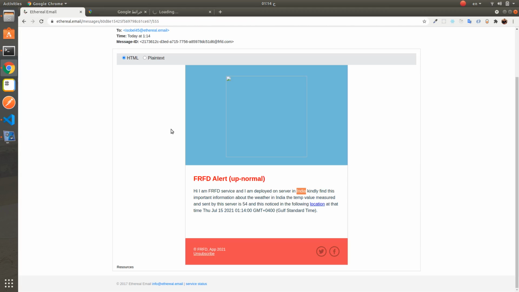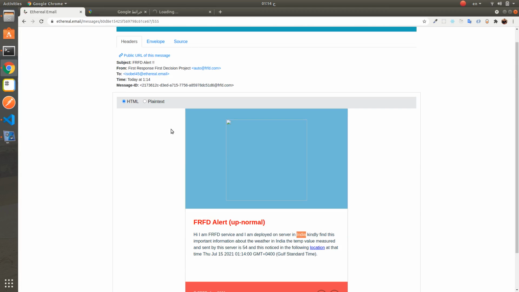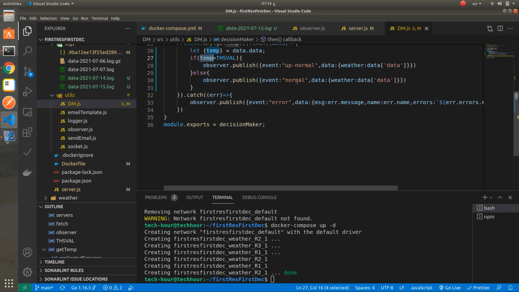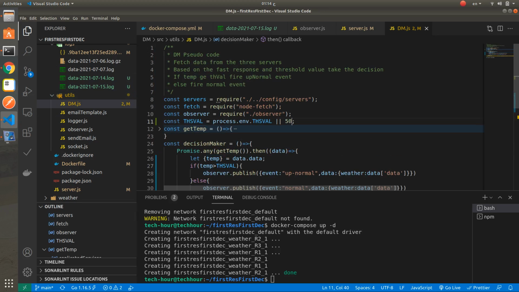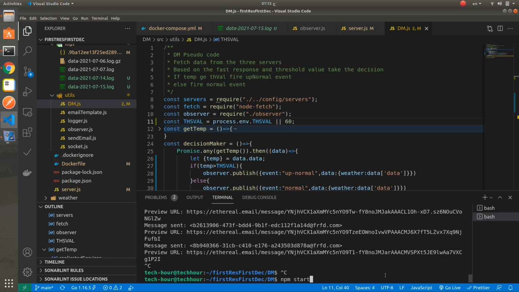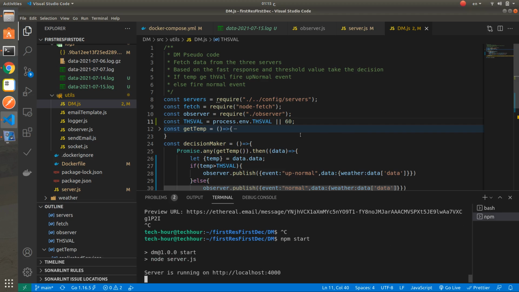What else? If in the decision maker service we change the observer so the threshold value becomes 60, what will happen here? We will run this again.